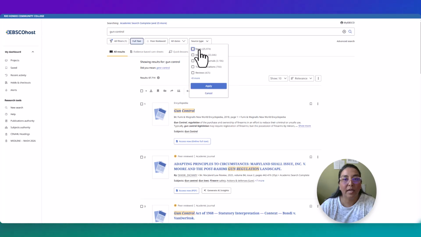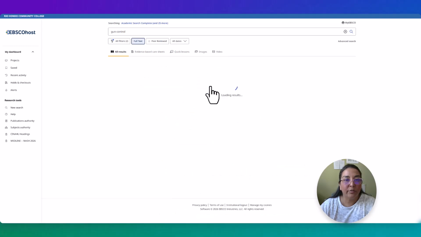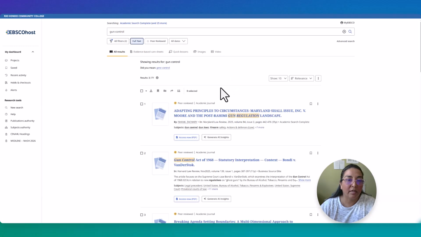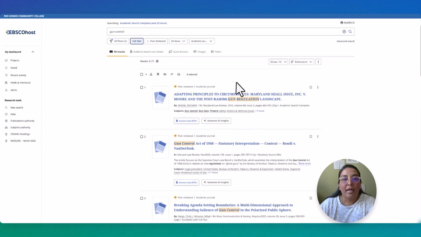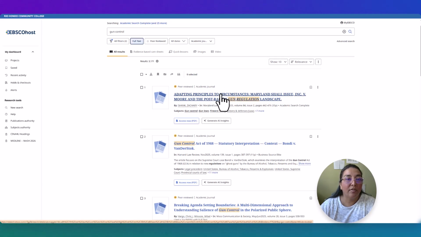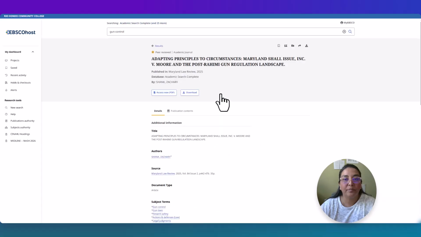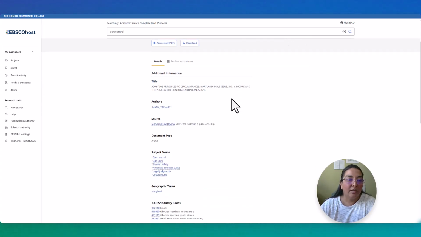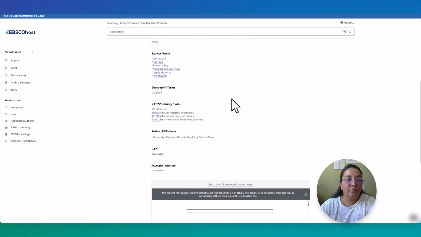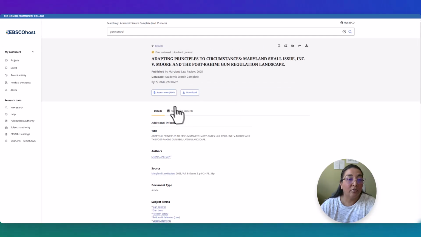Let's say you're looking for a particular type of article. We're going to go into source types. I'm going to select academic journal articles because that's usually a requirement of faculty on campus. And now I'm going to go into this article by clicking on the title of the article. Now, once I click on the title, I'm going to get a lot of details about the article,